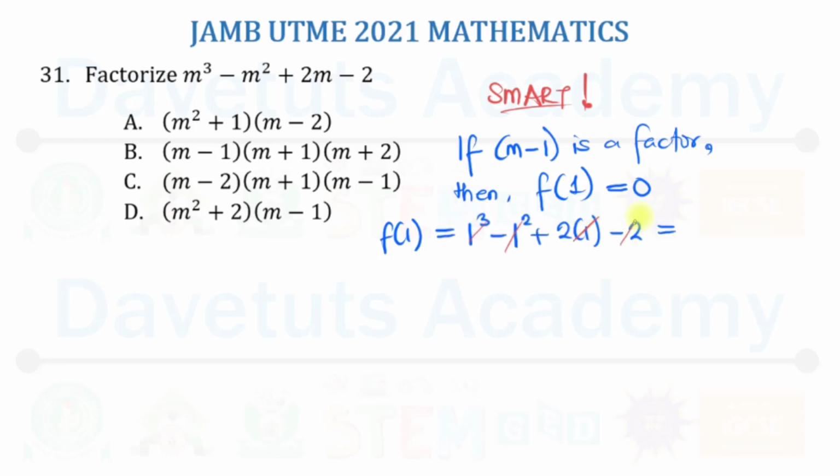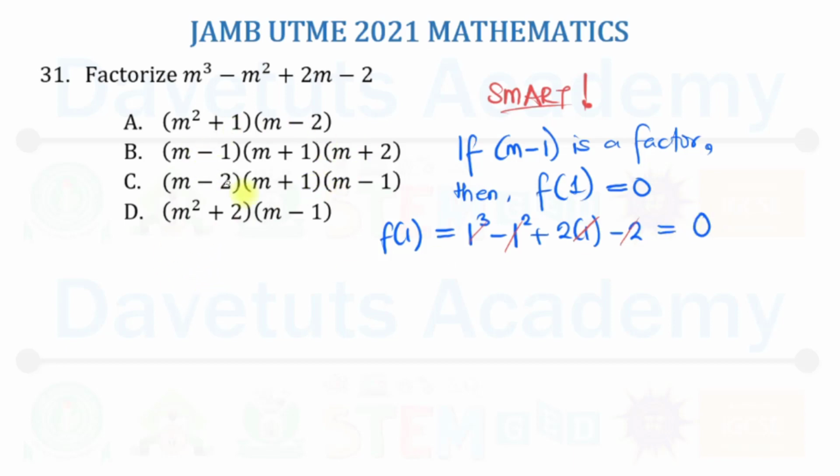The second one, these are 2, and they cancel out each other. So that means that m minus 1 is a factor. The same way we can say we want to look at other factors, but for me, since I've known